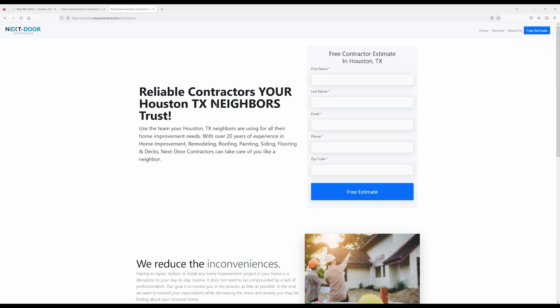You can keep everything within that site. So if you do folder based, there are a couple of things you want to make sure you do on your linking strategy for your domain. If you're doing subdomain, you don't need to worry about this because you're stuck on that individual URL, that subdomain. You would have to actually remove that subdomain and go into the main domain to get out of it. So for instance, if you're doing something like houston.wayneindustries.live, this linking strategy is not necessary